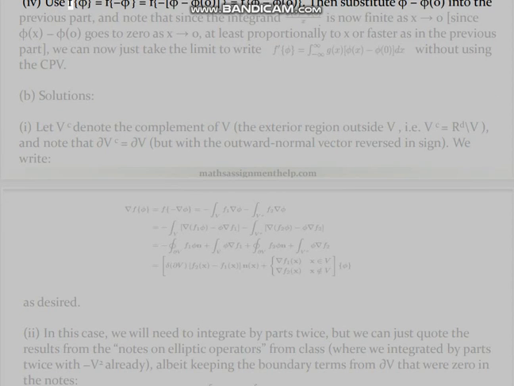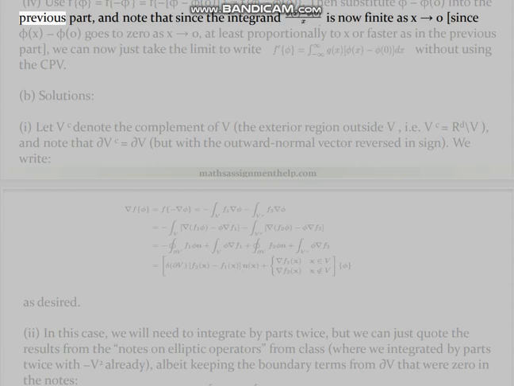4. Use f' of phi equals f of minus phi' equals f of minus (phi minus phi(0))' equals f' of phi minus phi(0). Then substitute phi minus phi(0) into the previous part, and note that since the integrand is now